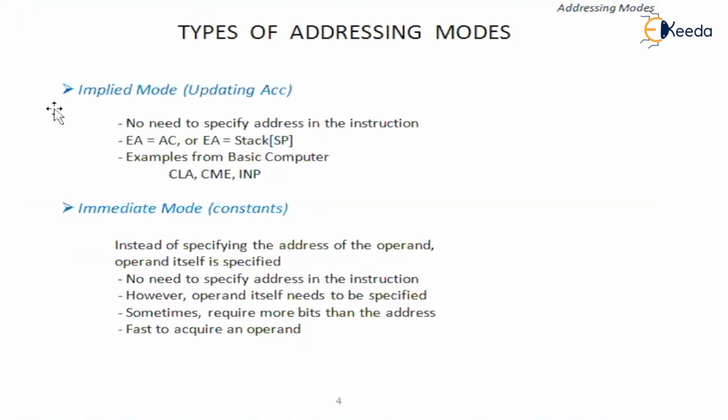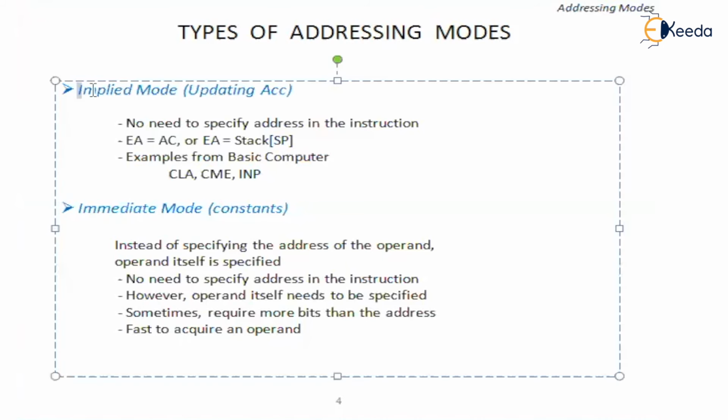There is one addressing mode called implied addressing mode. When it comes to the implied addressing mode, there will be no address specified at all. We don't require an address. What is this implied addressing mode? Try to understand. For a few instructions, the operand is specified implicitly within the instruction itself. Looking at the instruction, we will be able to know what the operand is. The operand will not be provided explicitly to that instruction.